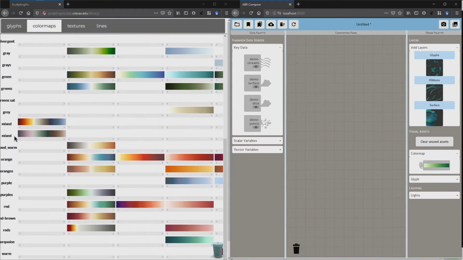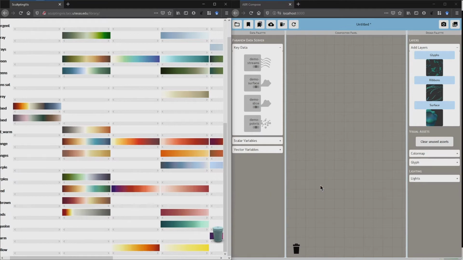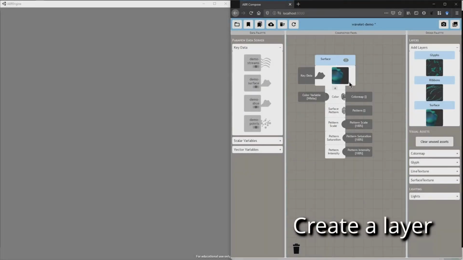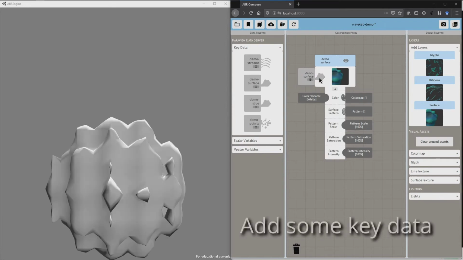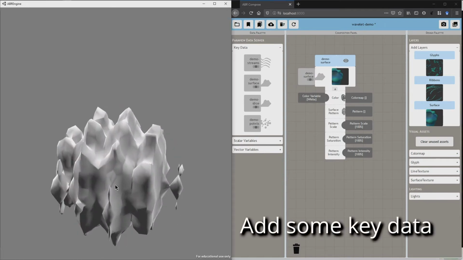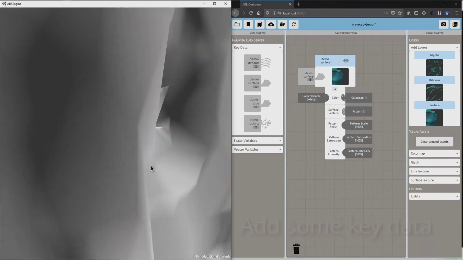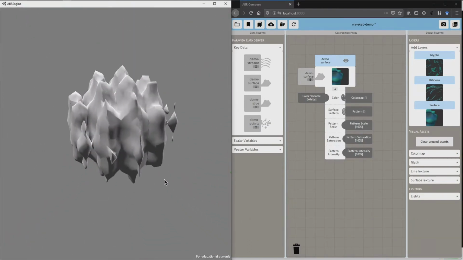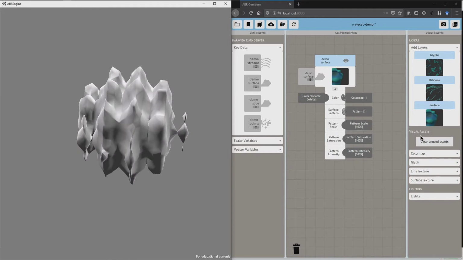And then I'm going to populate my color map library with the things that I think might be useful within the data that I'm working with. Then when I want to create the visualization, once I've gotten all the glyphs and color maps and things that I want, I pull in what kind of data I want. So I'm starting with a surface, and this surface is not an actual data set. It's what we call a synthetic data set. But you can see within the program you can rotate it around and you can experiment and see what you've got.